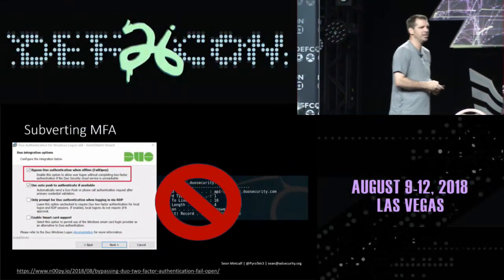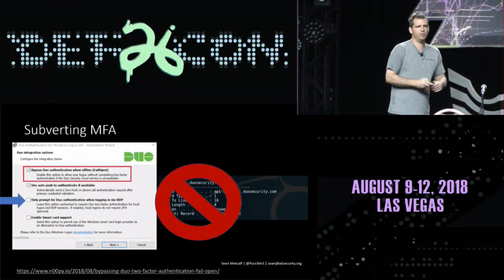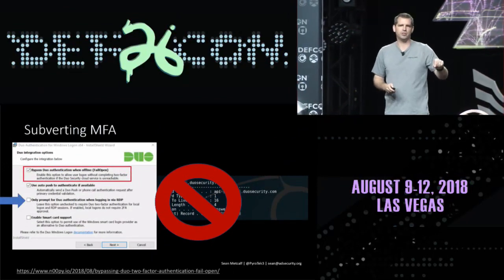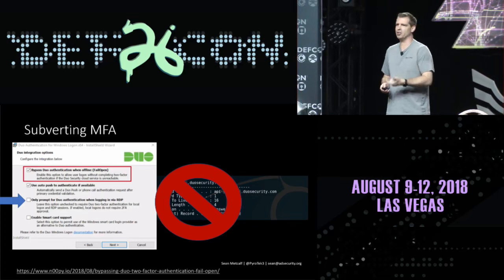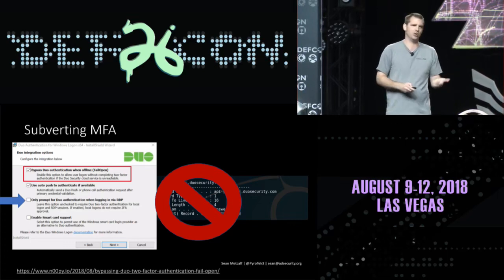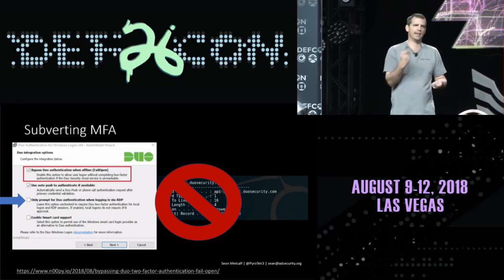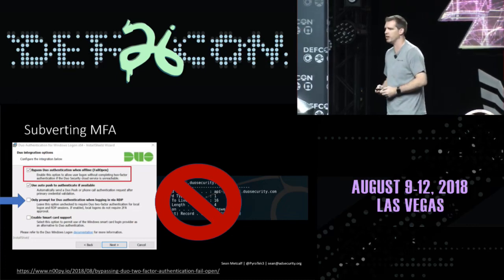There's another thing that's interesting here. If we change this default, so if we have access to the registry or something, we can actually turn off MFA for local accounts. So if we compromise a local account on this server, we can connect into that using user and password all day long without any MFA when we're going through the RDP connection.